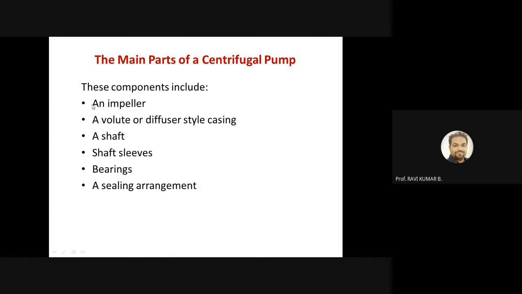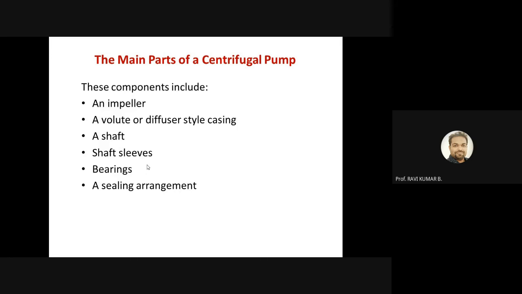And obviously, the impeller has to be mounted on a shaft. So for that purpose, a shaft is required, and when you are coupling the shaft to the impeller, shaft sleeves are also required. Those are basically sealings. The shaft, on which the impeller is mounted, is a mechanical component for transmitting the torque, because you have to supply the torque from outside to run the impeller. For that purpose, you need a shaft that has to be coupled with some electrical motor, through which you will be transferring the torque to the impeller.